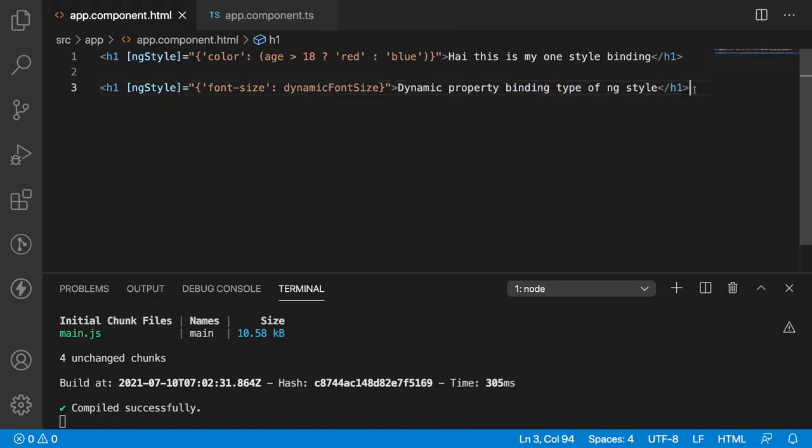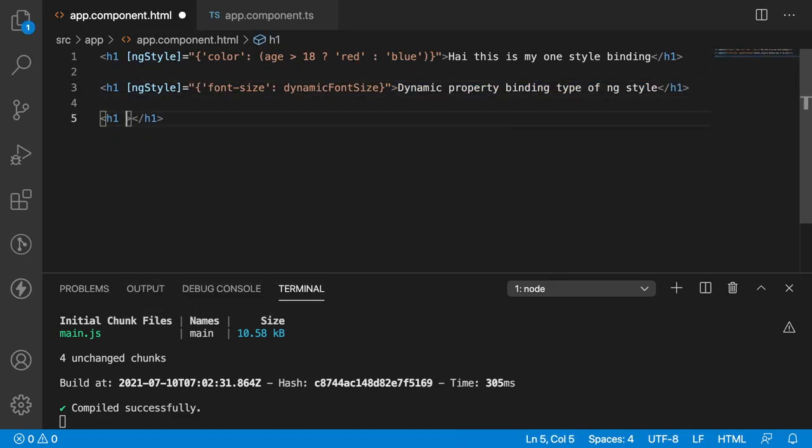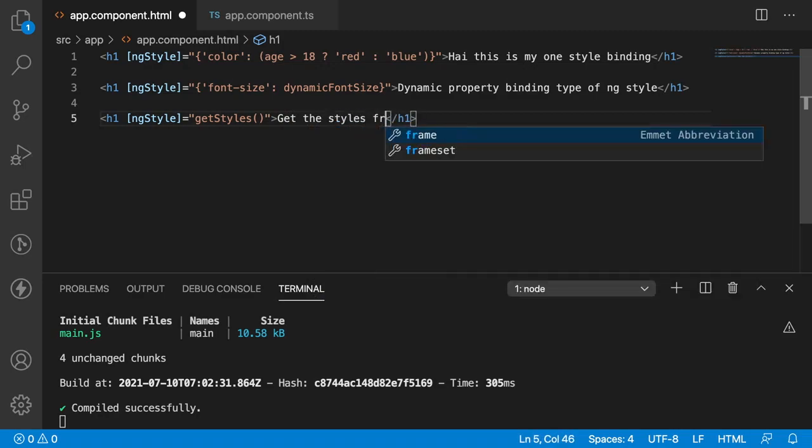And let me create one more H1 tag. Here I want to use ngStyle as a binding property, like ngStyle equal to method binding. So getStyles. This is my method, and I need to define it in my TypeScript. Get the styles from the TypeScript, and copy this.